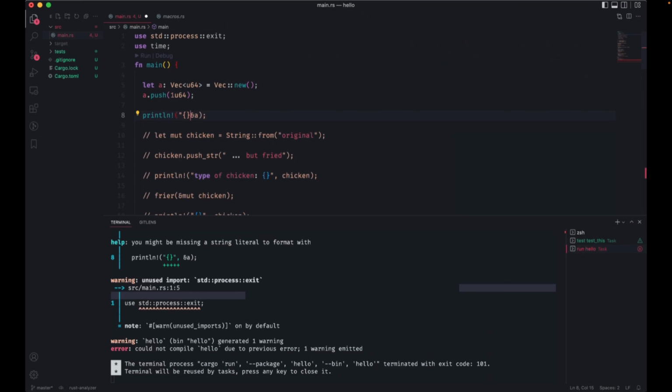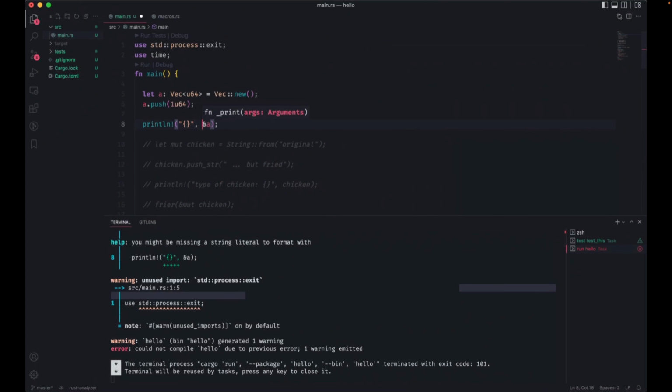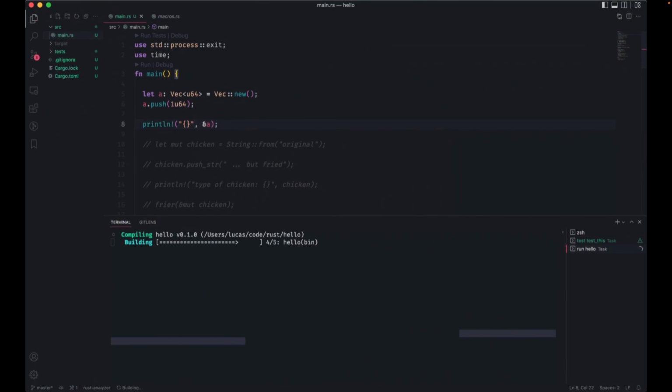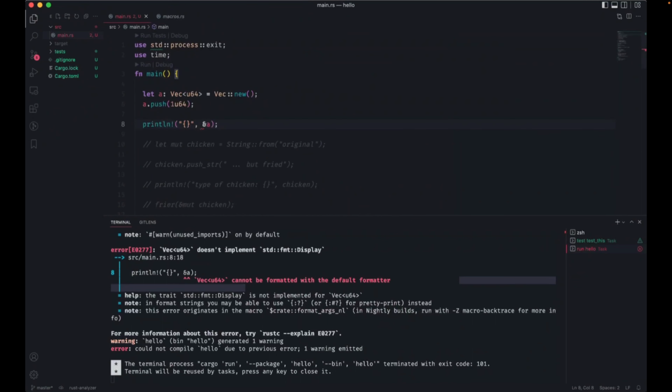The macros. I actually don't know if there's a function. What's the underlying function here? Let's look at this. Let me see. I've never done this. What does this expect?